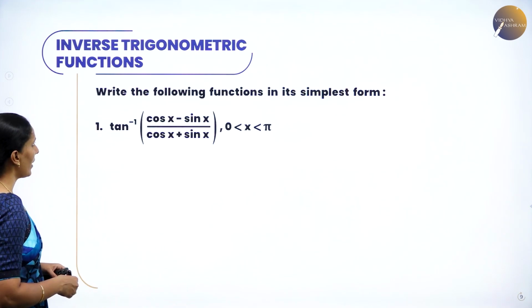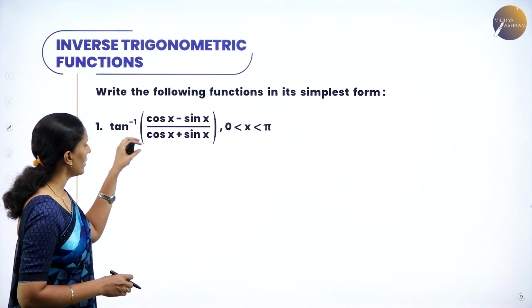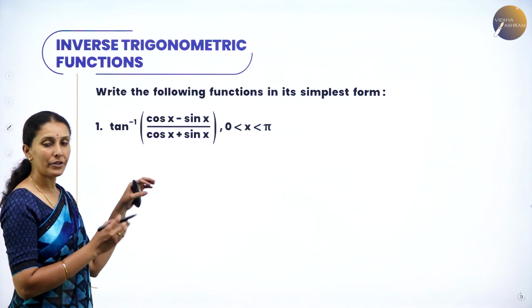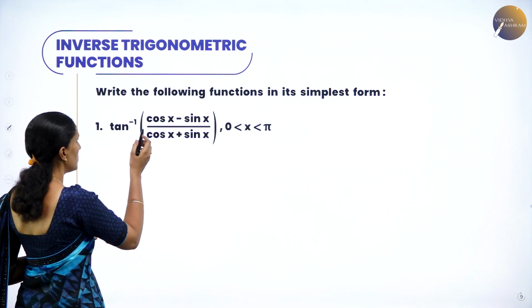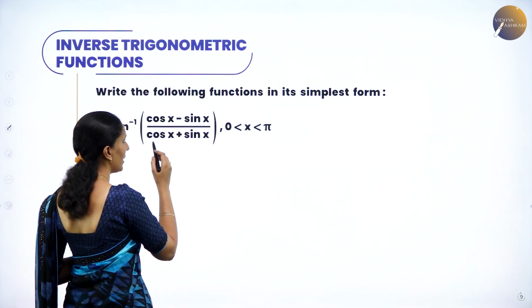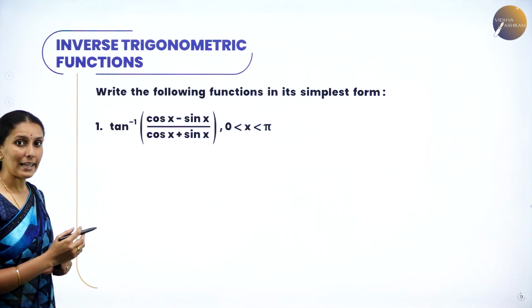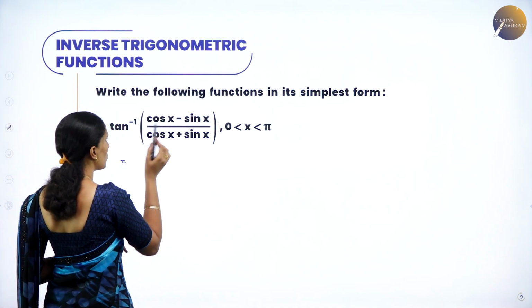Next one. Write the following function in its simplest form. So here it is given in the form of an inverse trigonometric and trigonometric form. We have to reduce this into simplest form. So here tan inverse of cos x minus sin x divided by cos x plus sin x. X lies between 0 to pi. Now tan inverse of,